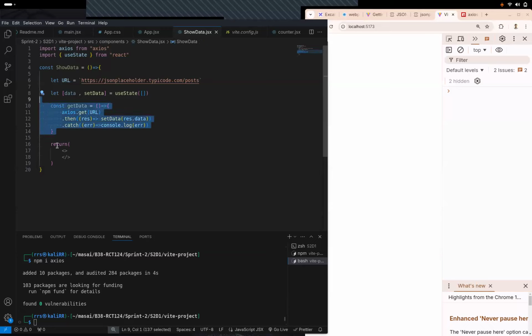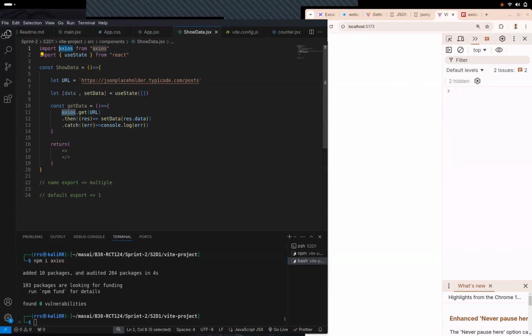Now, why is Axios not destructured in the import? Okay, let me ask a question, you tell me the output yourself. Do we have to destructure in named export or in default? Leave that too, first tell me how many things does a default export return? Default export, one. How many things does a named export return? Multiple. We don't know how many, it can return multiple. So if you know that it's just going to return one thing, can you not write the name directly? You know only one thing is coming.